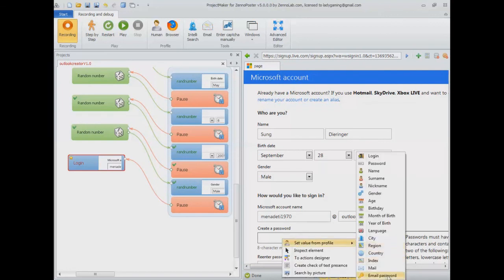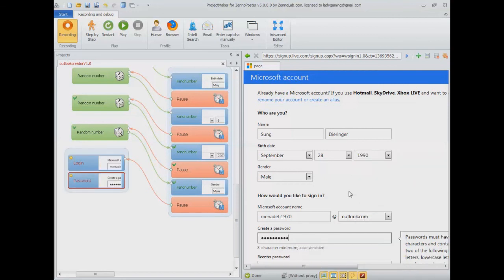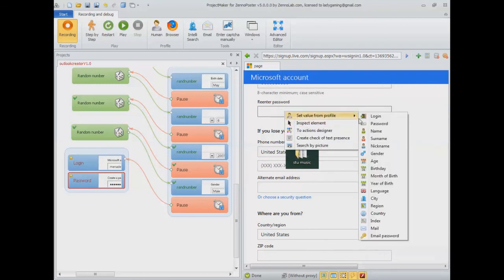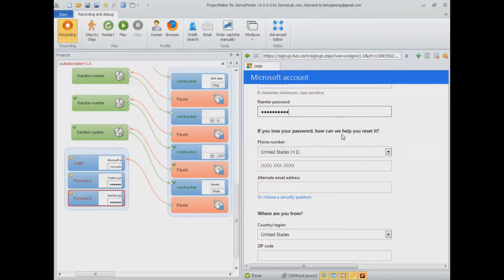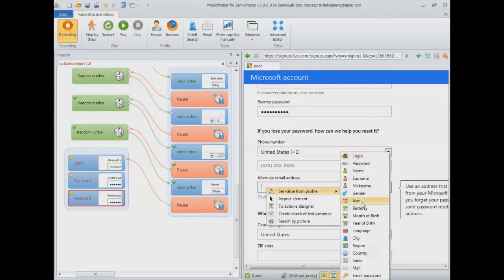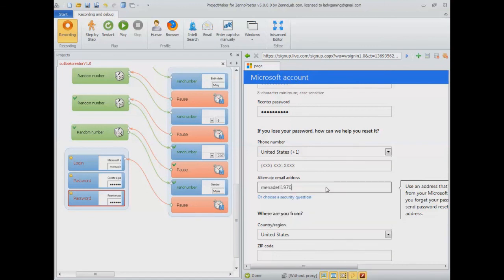Next is the password. So again, simply right click. You could do email password or normal password. Same for this one. Phone number you can skip. Alternate email. Again, login, name, password, whatever you want to do. We'll do login, and then